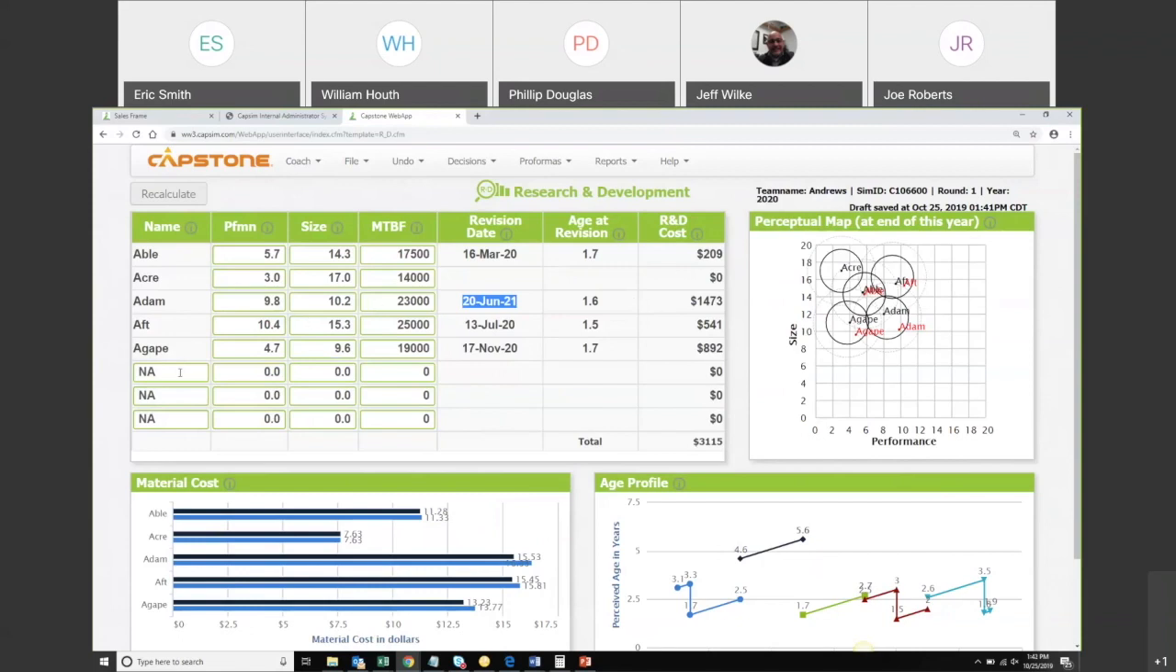Now you can have up to 8 products. Students can introduce a new product. Let's go ahead and do that for one of these. Let's call it Axle. We'll go with high end. So